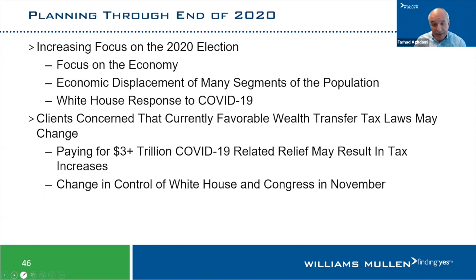The tax laws right now are priced to perfection. They've never been this good, except maybe 2010 when there was no estate tax. But with exemptions this large and tax rates historically low, 35% was the lowest, but when I started practicing it was 55%, so 40% is not bad. Clients are concerned about what may happen, so they're thinking about doing some planning ahead of that, especially if things could change in 2021. If we go to the next slide,